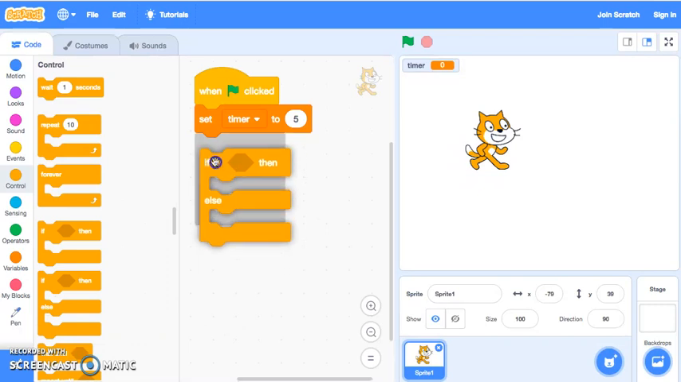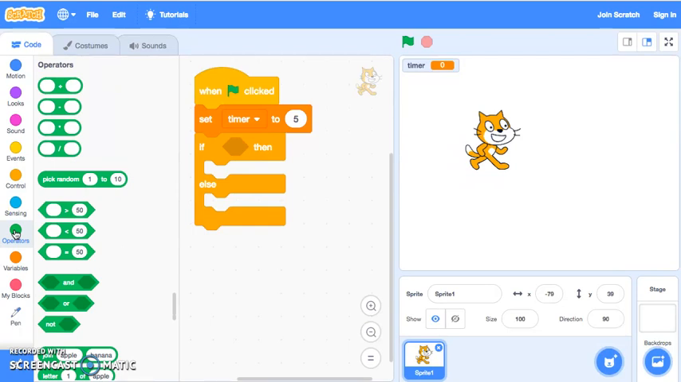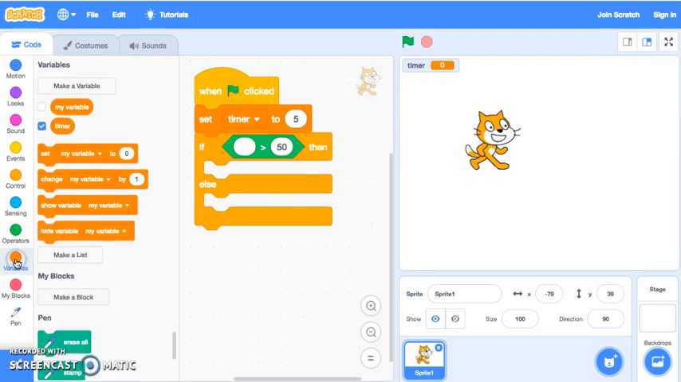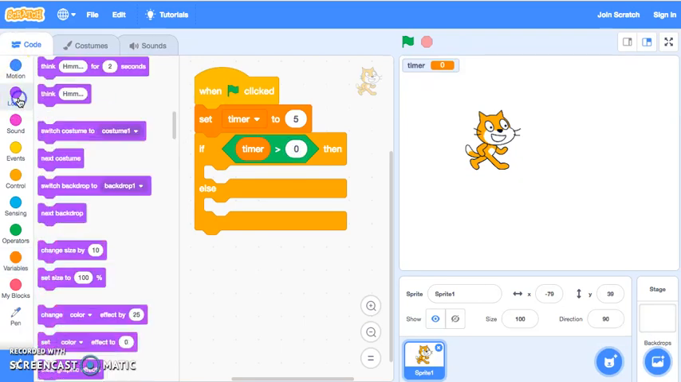This block is really nice if we have something going on in our program and somebody's choosing one option versus another, or something's happening and then something else happens. We can choose the direction we want our program to go based on things that are happening. So if I come into operators, I'm going to start here with this greater than block, and we'll talk about these later. And I'll come into variables. I'm going to drag out this little timer, and I'm going to say if my timer is greater than 0, then come up here,